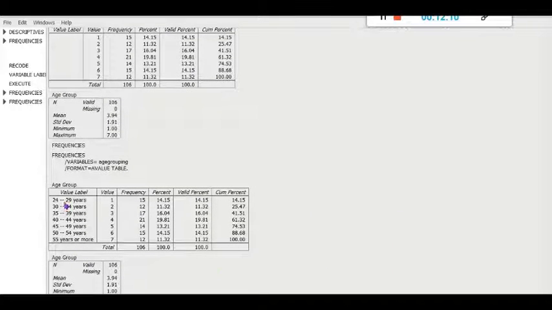Now it is changed. 24 to 29 years, the original value was 1, so it is also showing. Frequency 15, 30 to 34 years 12, 35 to 39 years 17, 40 to 44 years 21, 45 to 49 years 14, 50 to 54 years 15%, and 55 years and more 12%. So this is how we can change an ungrouped frequency distribution to a group frequency distribution.